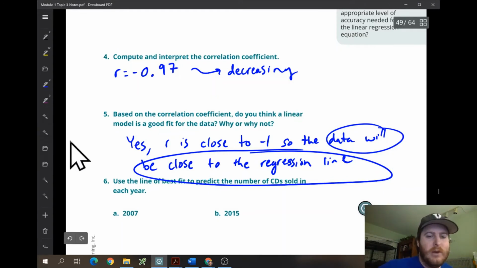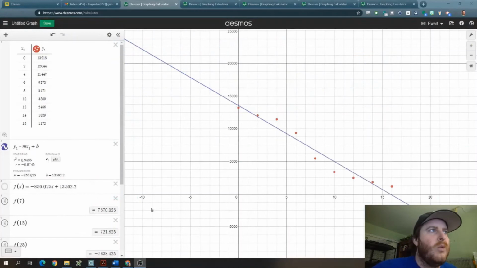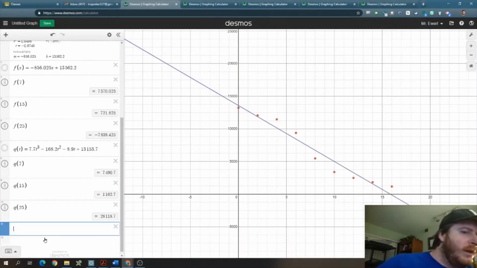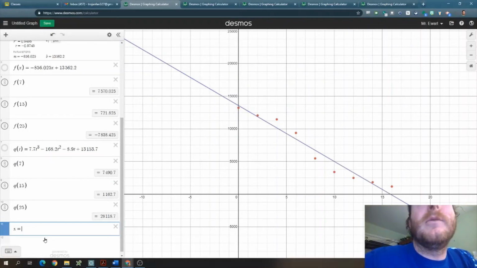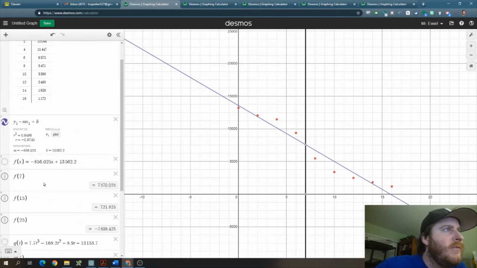Okay? Now, let's use this line to predict the amount of CDs. So this is something that I definitely want us to know how to do. We can do this two ways. One way of doing it is to just type in x equals 2007, which here is just 7, right? x equals 7, and to get that point, 7570. But another way to do it that I like better, if we're going to do a lot of these, is to